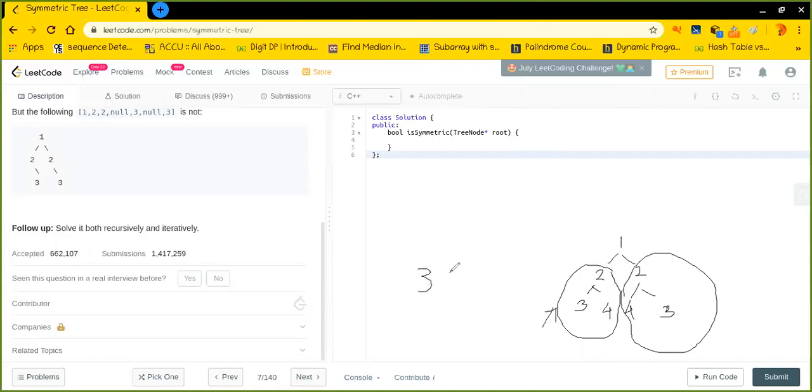I'll get 3, 2, and 4, isn't it? Note that I have performed the in-order traversal from leftmost to rightmost. I'll first explore the left subtree of the current tree, and then I'll do some work with the root node, and then I will propagate the right subtree.